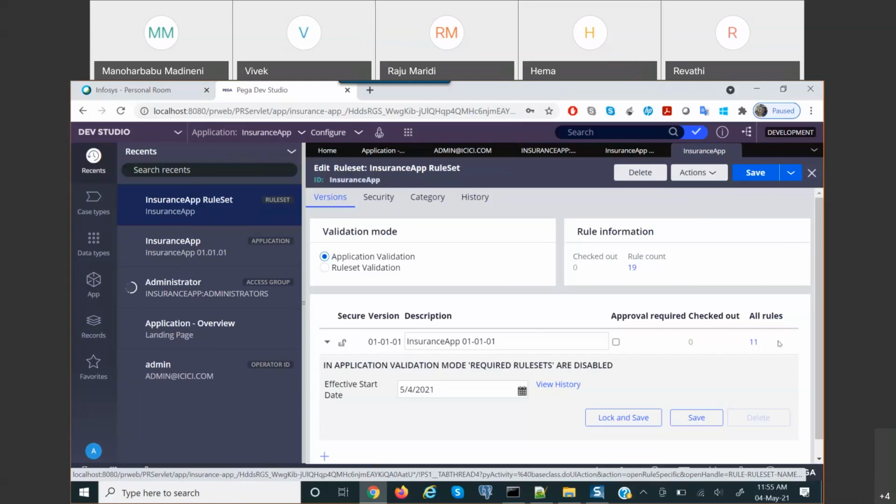Let's say you do development and then we move this code to higher environments like SIT or UAT. So we will initially move 01-01-01. If we get some defects, we will not fix them in the same version. We will do it in the next version: 01-01-02, 01-01-03, 01-01-04. It can be increased till 01-01-99, only two digits; 100 is not there. Then after 01-01-99, it will be 01-02-01, 01-02-02 like that. So we can keep on increasing the versions.